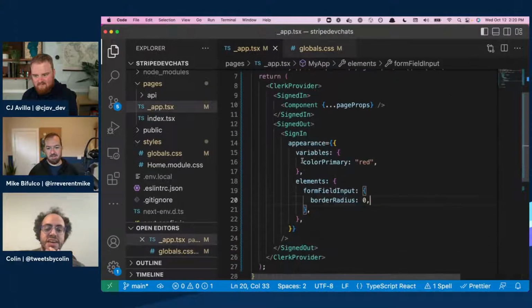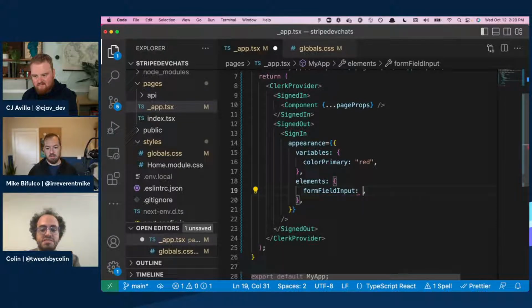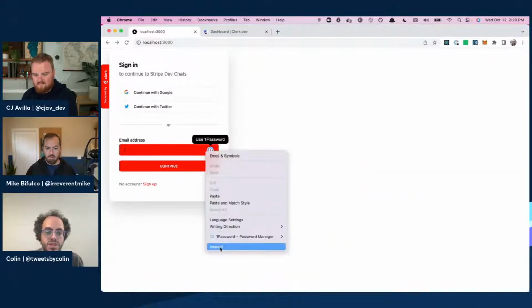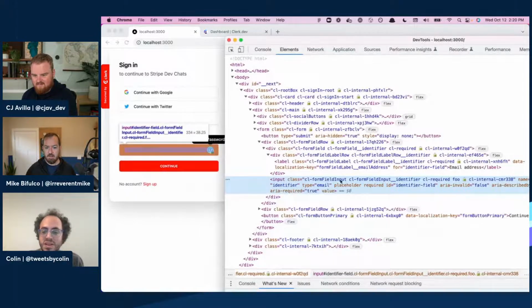Then I can say, hey, instead of just targeting this one attribute here, let's append a class to our form field inputs, and we'll just append foo. And now if you look here, sorry. Well, first of all, I got the background color, but then you can also see that the foo ended